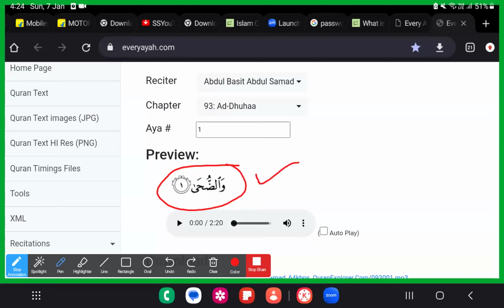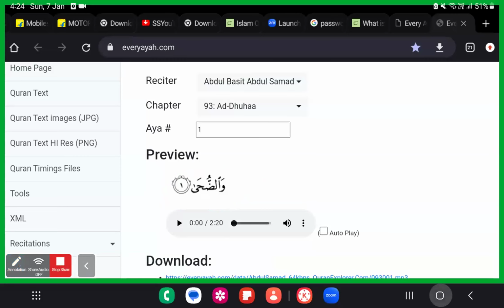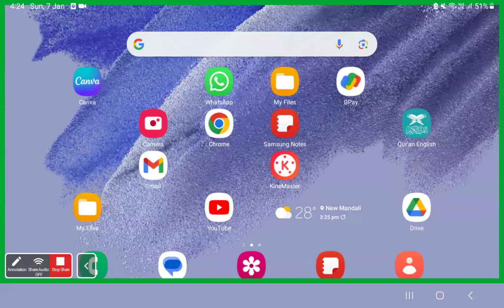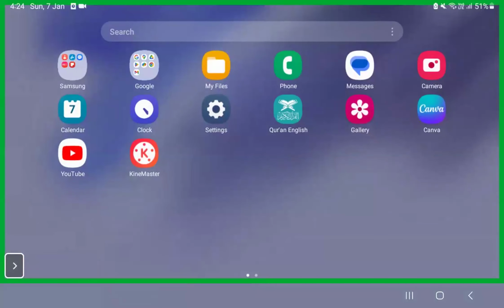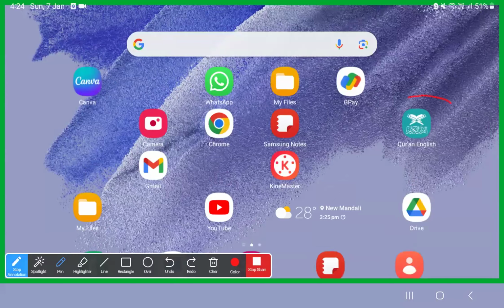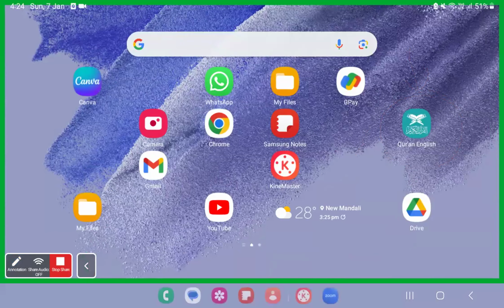You can change this font if you want. If you do not want this type of font and you want different fonts, you can just select your own. Quranic application. Fine. So the Quranic application that I have is most probably the Islam 360 and the Quran English that I had sent to you. These two applications are very beneficial. This Quran English application is very beneficial. So let me just show you how this works.